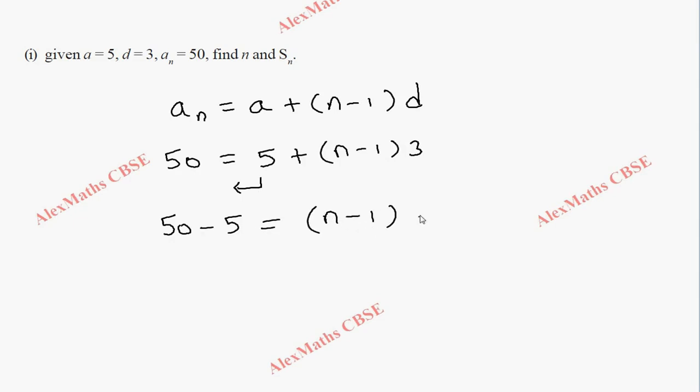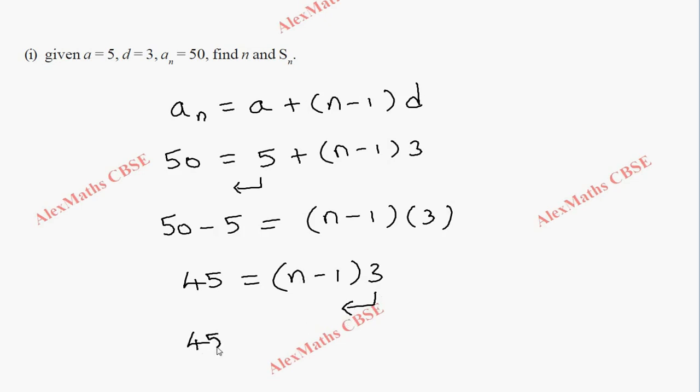We know the an value is 50 and we know the a value is 5, and (n minus 1) is written as it is, and the d value is 3. Now this 5 is taken to the other side. So 50 minus 5 equals (n minus 1) into 3. Now this is 45 equals (n minus 1) into 3, and this 3 will come as a division to